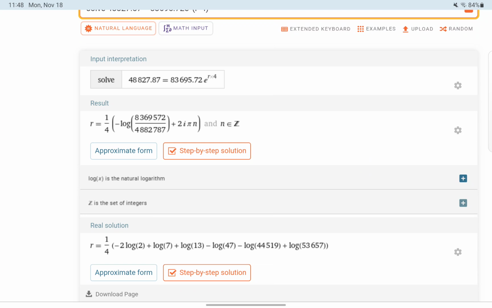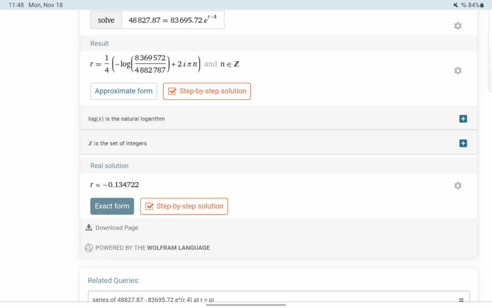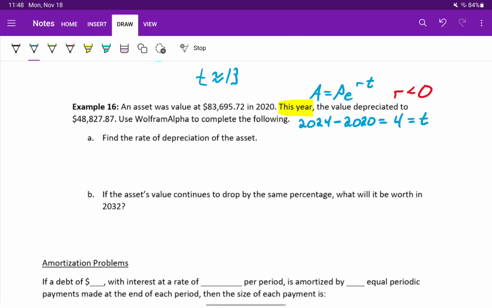Again, we get a result. The first one is in terms of i. We want to skip that and look for the real solution and get this in approximate form. So we get a negative value for r, which makes sense. The value of our asset is decreasing. So the rate of depreciation, our value for r that we got, is negative